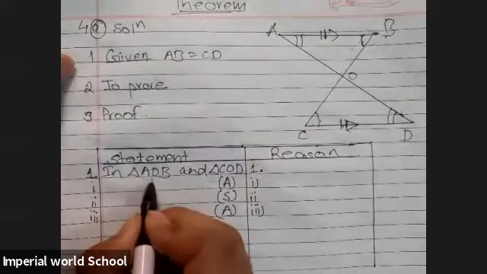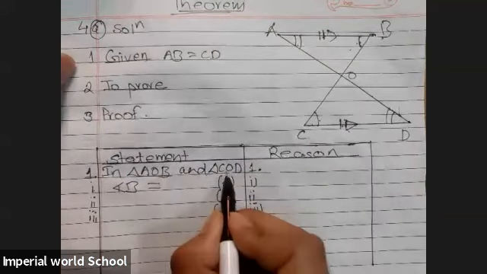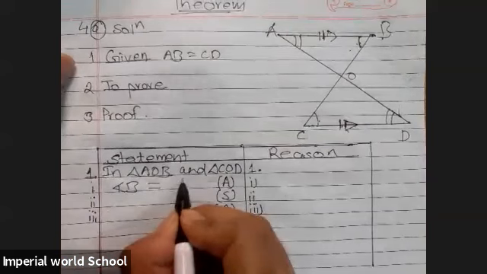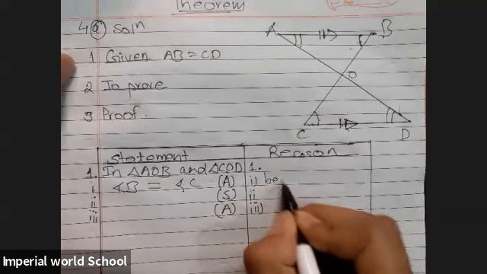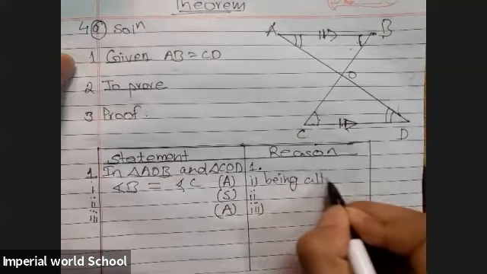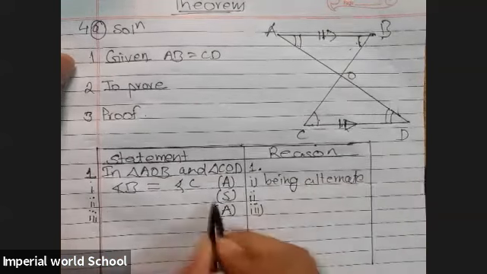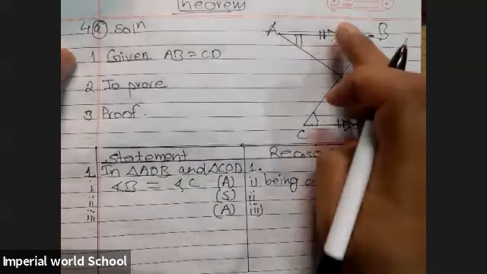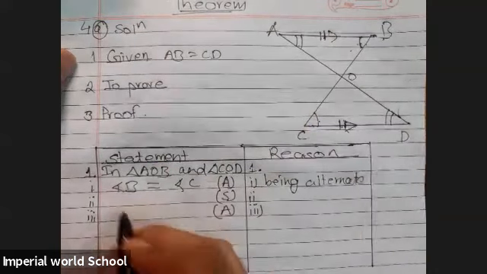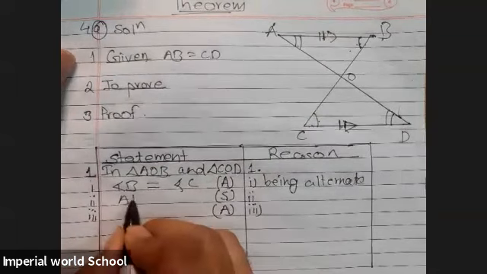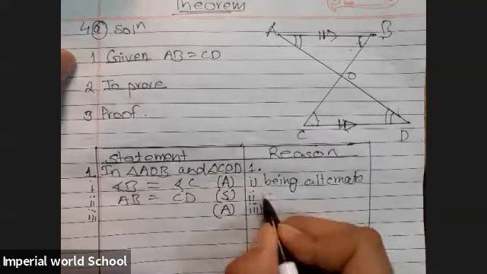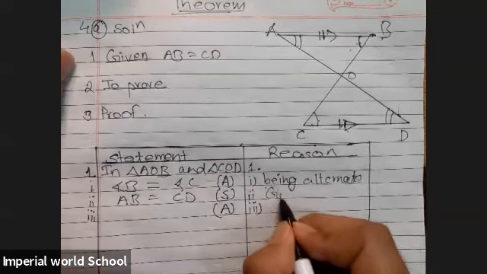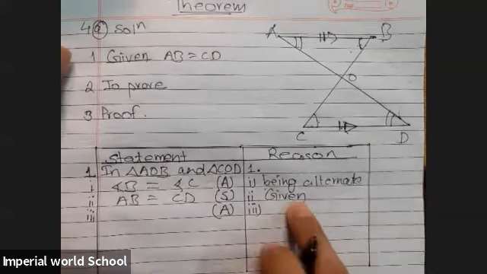Why did this angle and this angle become equal? Angle B of triangle AOB is equal to angle C of triangle COD. They are equal, being alternate angles. You have to write the reason now: alternate. Secondly, it's a side. Which pair of sides from these triangles are equal? AB equals CD. So in the second line, because here is a side, we write AB equals CD. Now you have to write the reason: given, because this was given by the question.